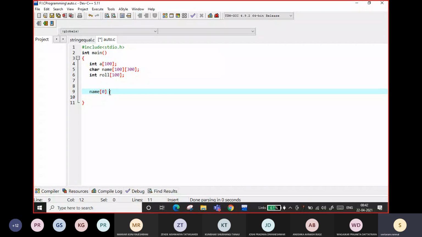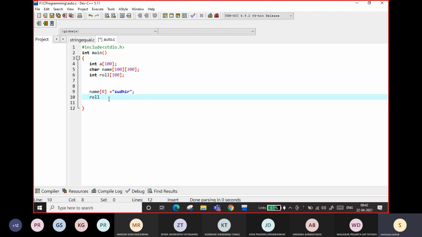Name of 0 will contain a name like this, right? So roll number, if I want to store it for the 0 student, then roll of 0 will be equal to 200, or 1005. This is the roll number, like this.